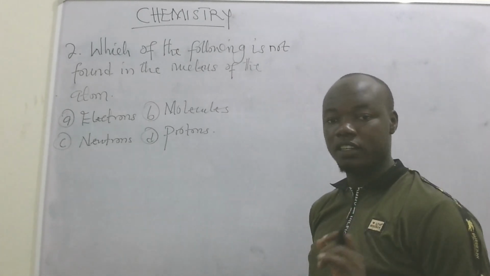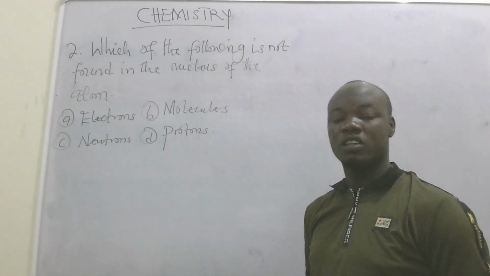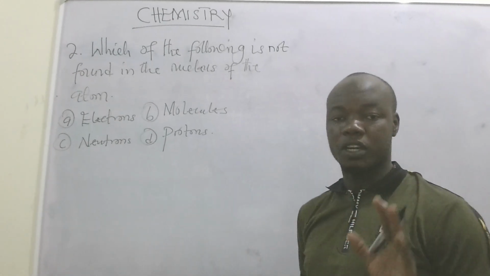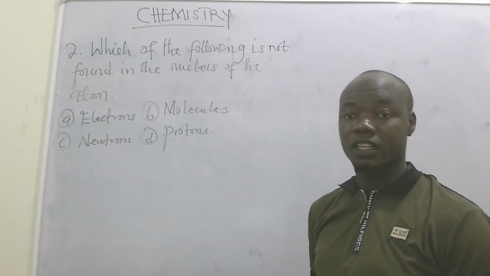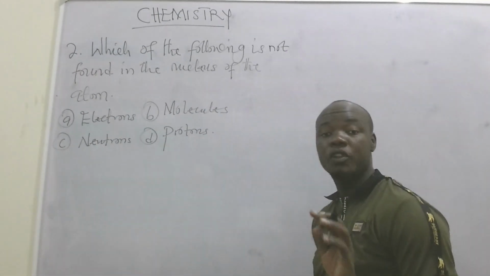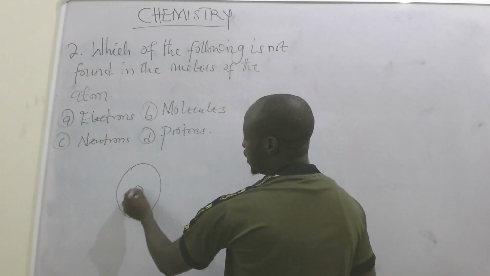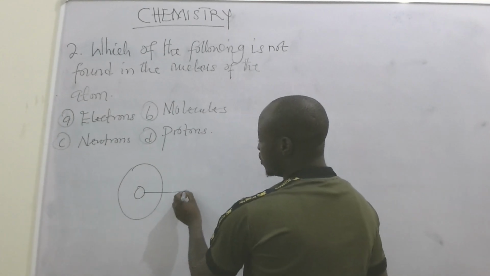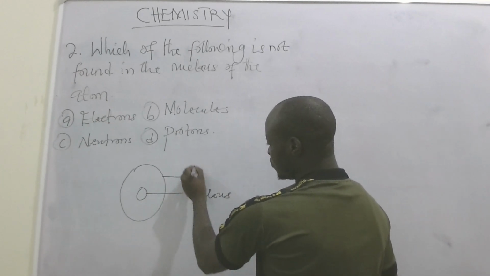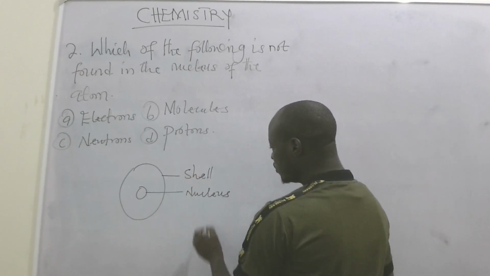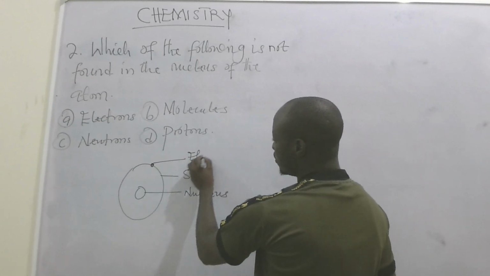So generally, from the basic knowledge of chemistry, we know that an atom is the smallest particle of an element that can take part in a chemical reaction. And of course, we have the structure of the atom. The structure of the atom is made up of a shell and a nucleus. So we have the nucleus, and we have the shell. In the shell, we have electrons,